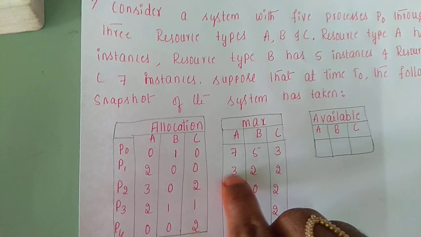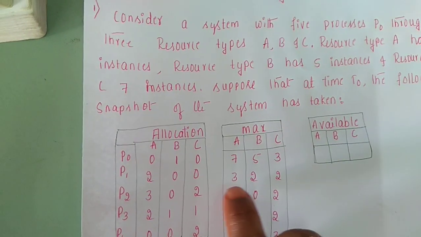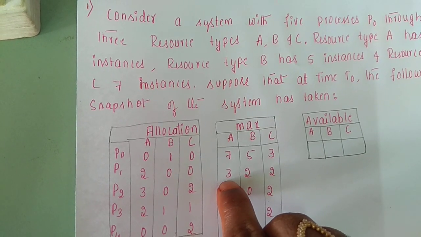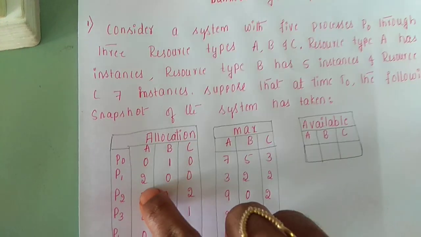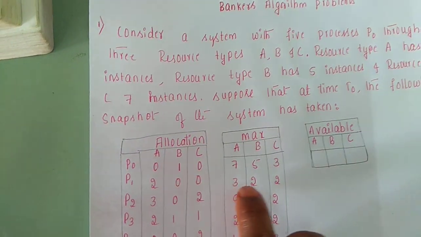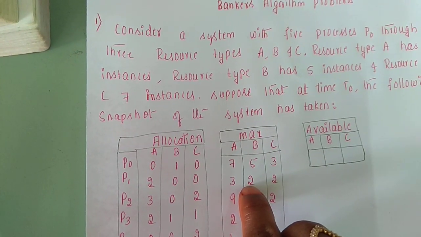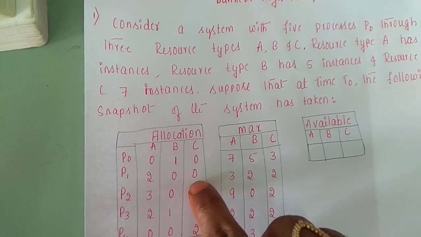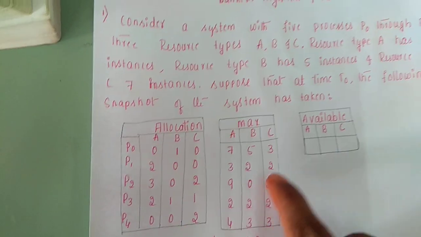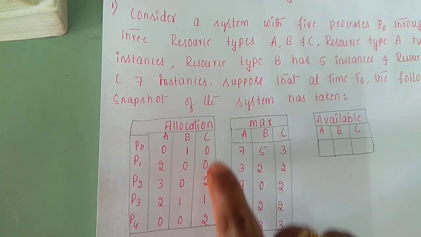In the same way going forward, process P1 is allocated resource type A. It requires a maximum of 3 resources. For example, a keyboard is needed 3 times, but when I took the screenshot, 2 are already allocated. In the same way, you can see resource type B has not been given, but it requires 2 times. The same way resource type C is not given but it requires. So coming to the processes P2, P3, P4, in the same way they require these numbers. When we took a screenshot, it was allocated like this.